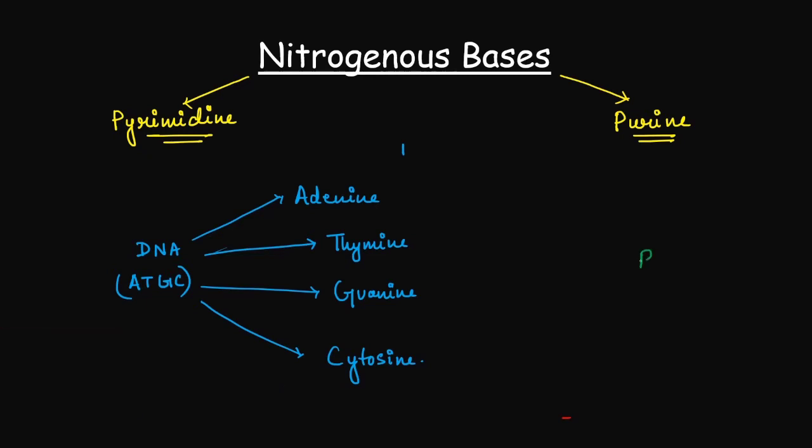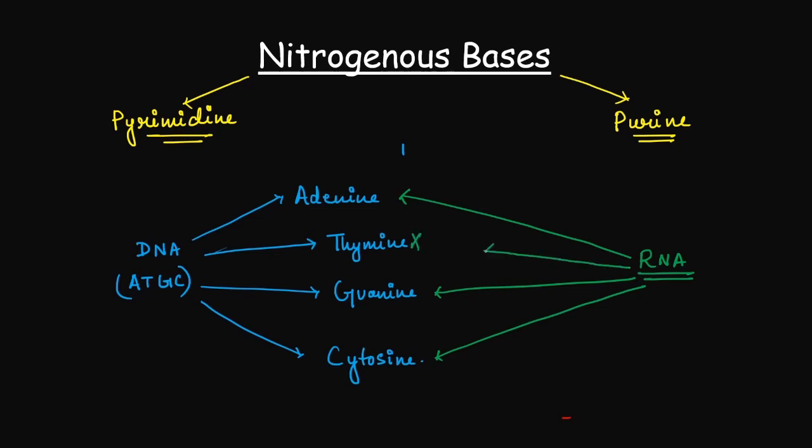In case of RNA, adenine is present, guanine is present, cytosine is present, but RNA does not contain thymine. At the place of thymine there is another nitrogenous base, that is uracil. So in case of RNA, uracil is present, and further in this video we will discuss how uracil and thymine